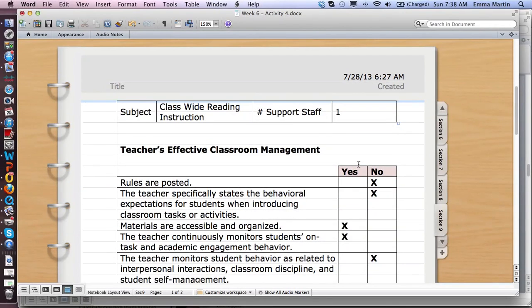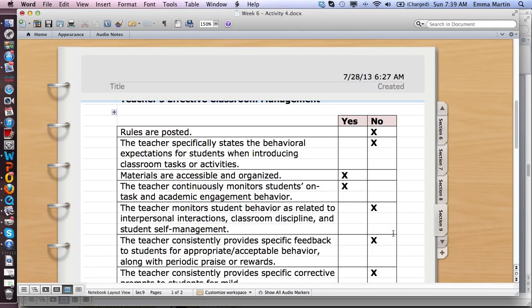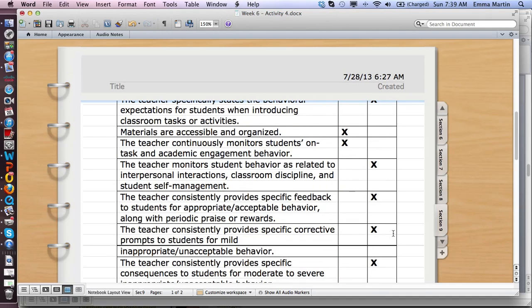So what we did was during this 10 minutes, we were looking for these specific behaviors: rules posted, behavioral expectations introduced at the onset of a lesson, materials organized, monitoring students' behavior as related to interaction with others, feedback,